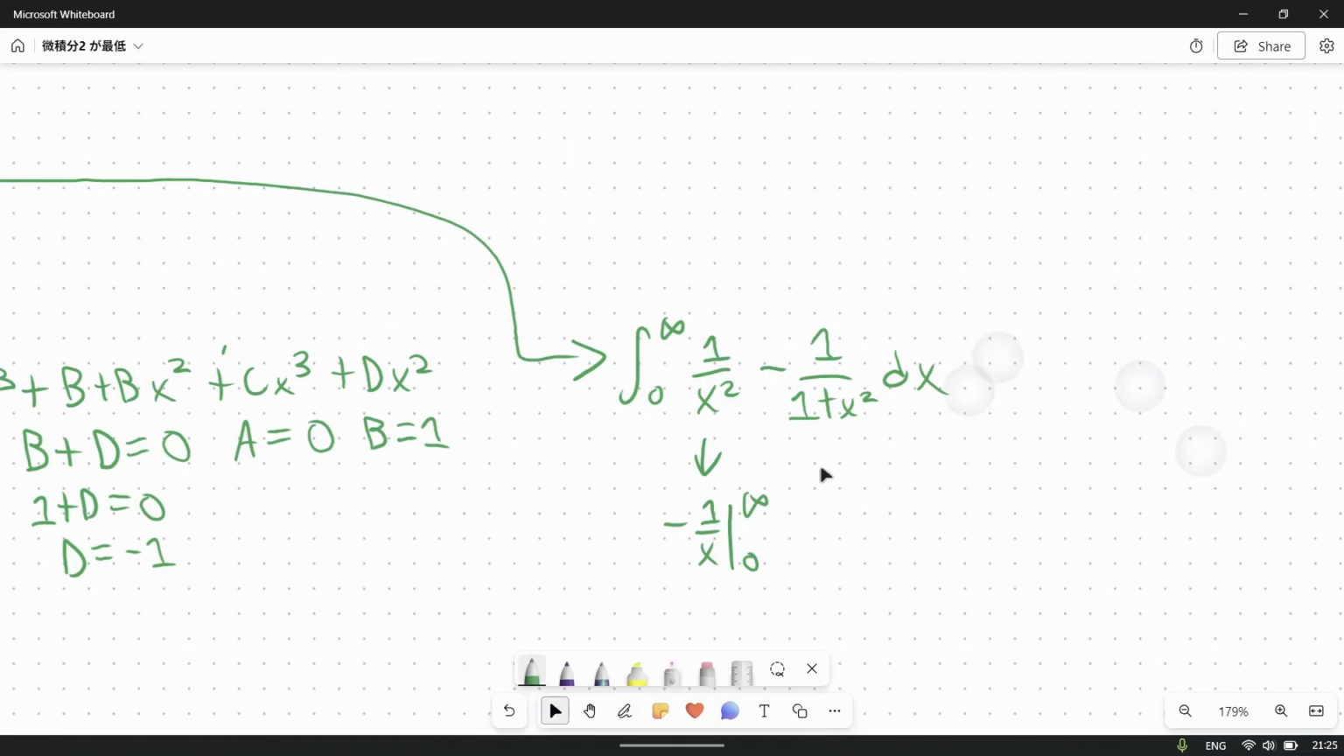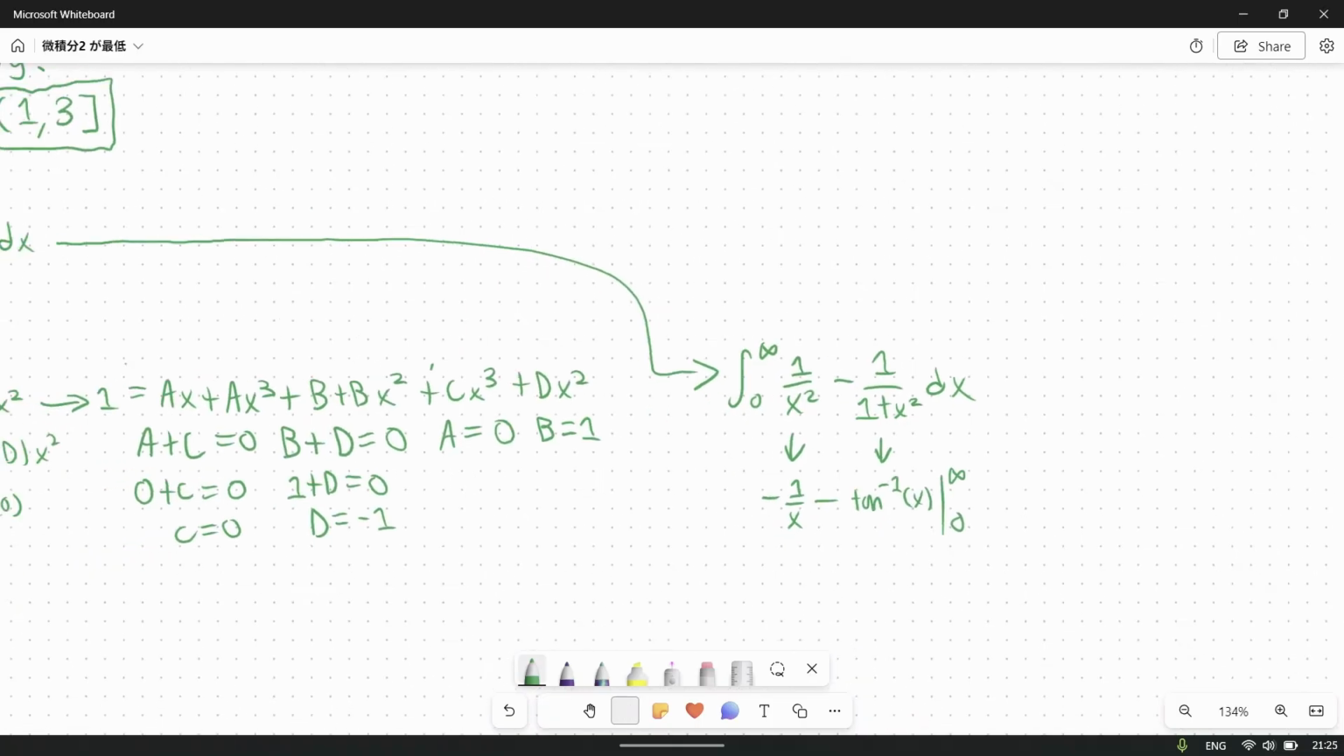So I'm just going to say that this is going to be equal to the tangent inverse of x. And if you're not sure, I'll go over how to find that manually after solving this question. And so then you'd end up with negative 1 over x minus the tangent inverse of x evaluated from 0 to infinity. And now we can plug in our boundaries. And so that's going to look like the limit as x approaches infinity of negative 1 over x minus the tangent inverse of x